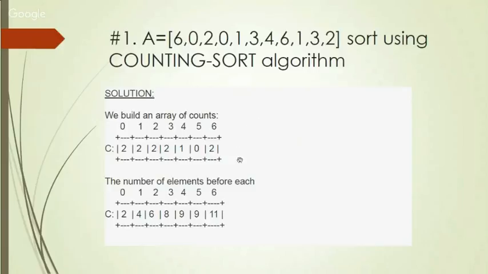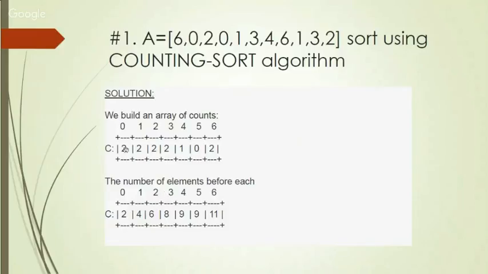Good. After I've done that, the next step is the number of elements before each. Therefore, what shall we do? We'll create another array C. We'll call it new C. We shall drop these 2 first here. Then 2 plus 2 makes 4. 2 plus 2 makes 6. 2 plus 2 makes 8. 2 plus 1 makes 9. 9 plus